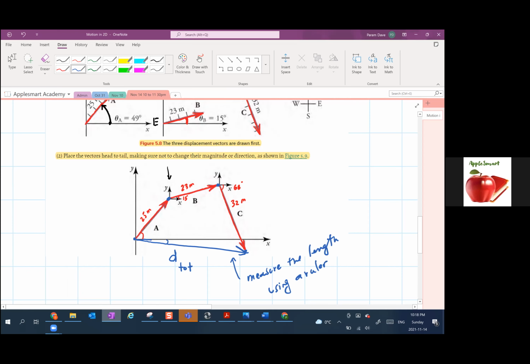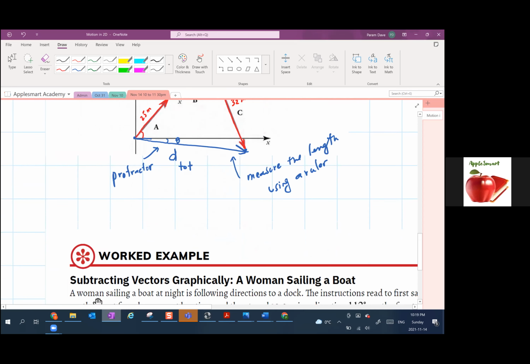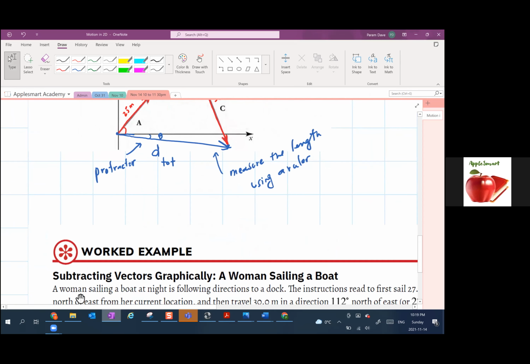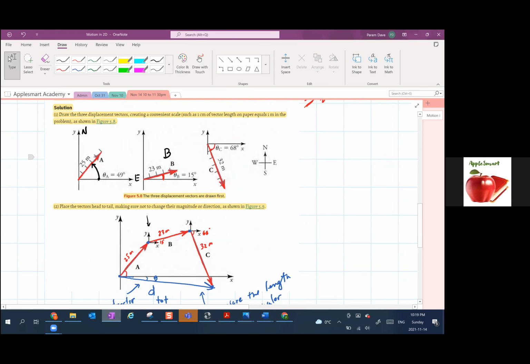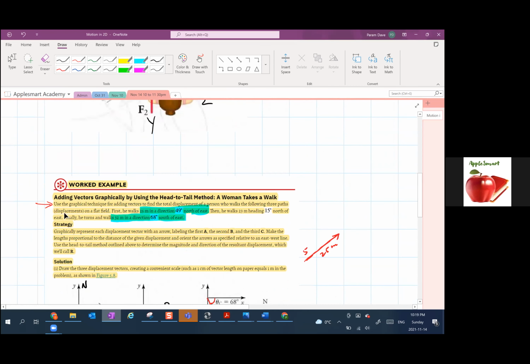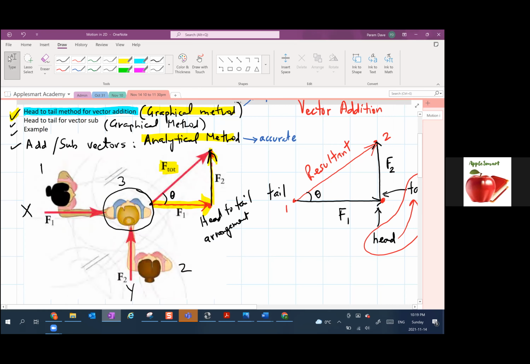Okay. And then you would take a protractor to measure that angle. Use a protractor to measure the angle. So this is the graphical method of doing it. And like I said, it involves some amount of approximation. Okay. And so before we take a look at the much more accurate method, that is the analytical method,